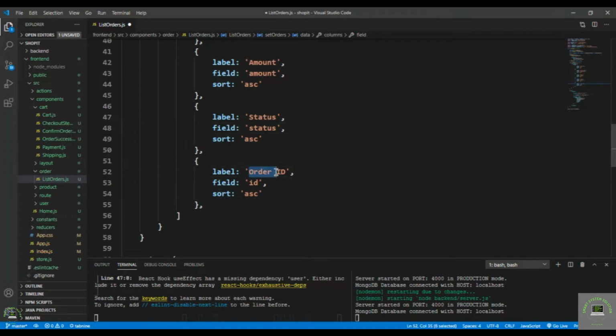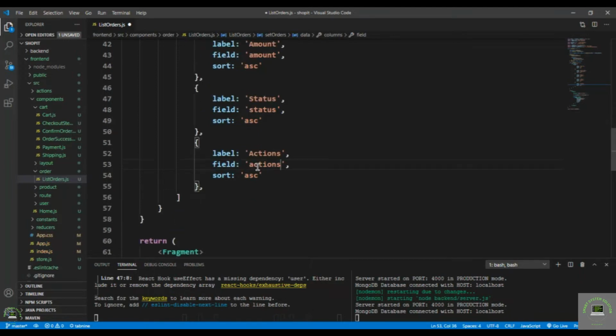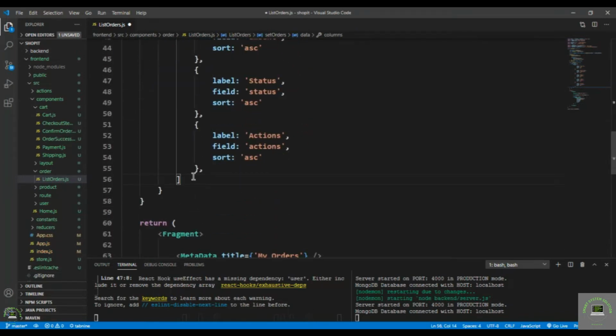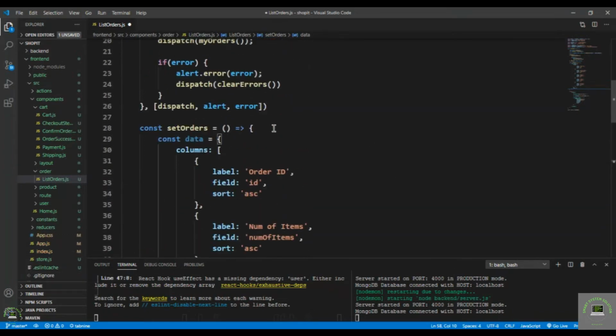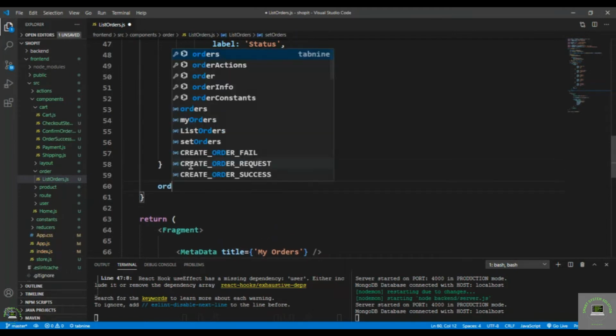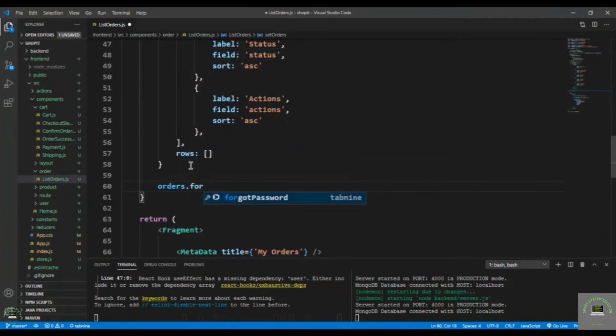And then at the end we have the actions that I can put in here. Actions like you can view it, you can delete it. Definitely only admins can delete it, but all the actions I will put here. So actions. In this case, the user can only view the orders. So after the columns, I have to define here the rows. Rows is the data that I want to display. So rows, and I simply put in here an empty array, and then after this data object, I loop through all my orders. So I simply type in here orders.forEach